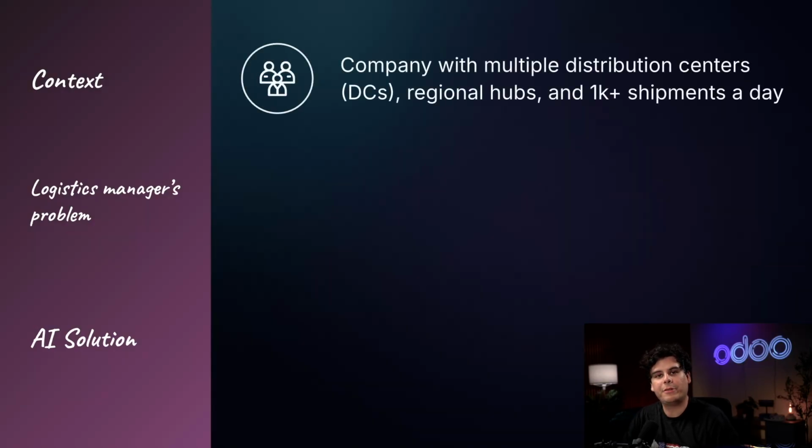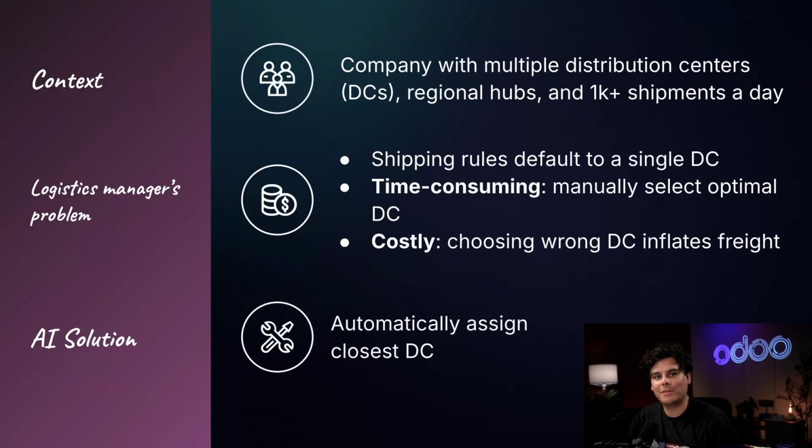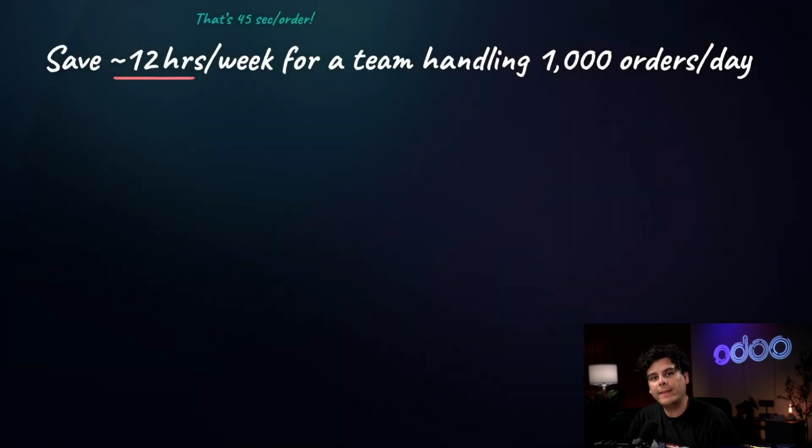This leads to increased freight costs from using distant distribution centers instead of closer options, and delayed deliveries put wholesale SLA commitments at risk. We're going to use AI today to assign the closest distribution center based on each customer's delivery address. Utilizing AI for warehouse selection can save roughly 12 hours per week for teams handling thousands of orders